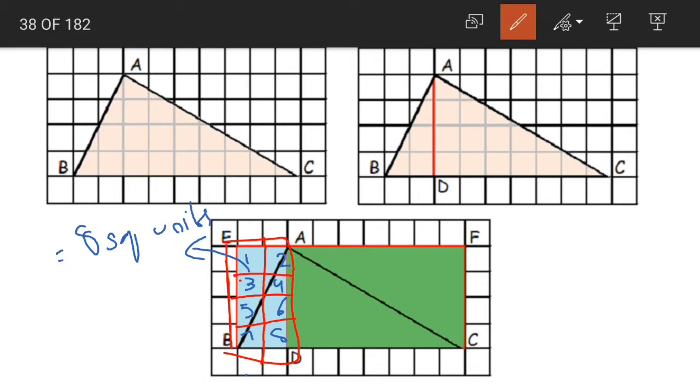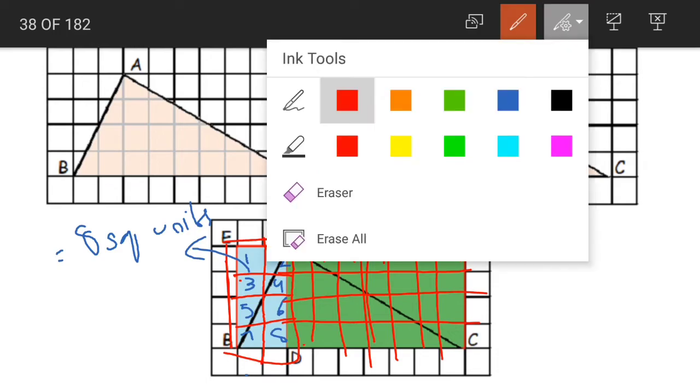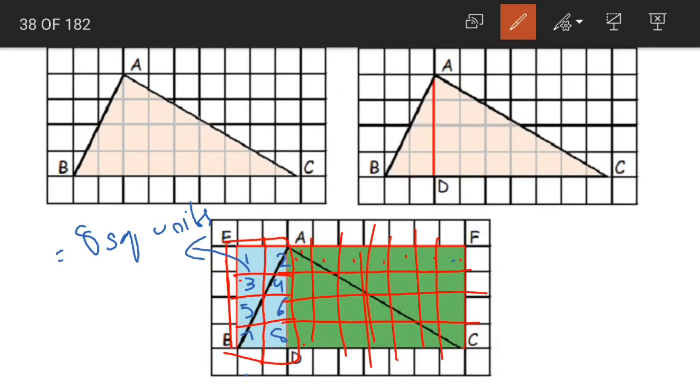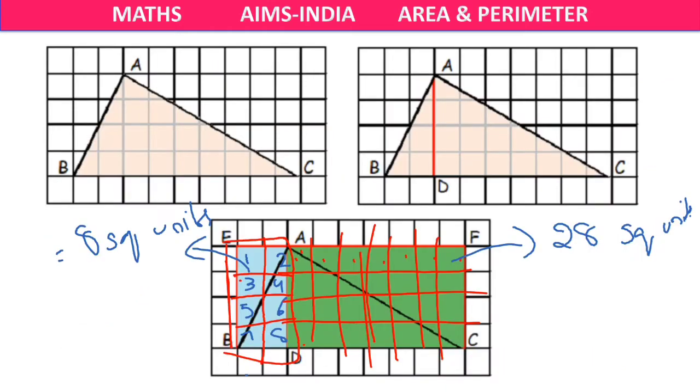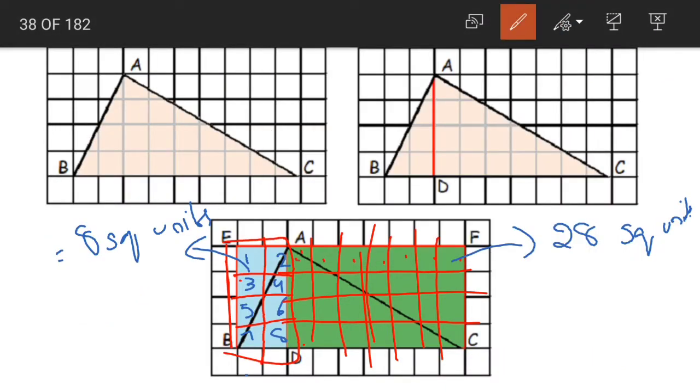The area of our first rectangle is 8 square units, and when it comes to rectangle 2, again let us complete this, draw lines here and count the number of squares. It is equal to 1, 2, 3, 4, 5, 6, 7. 7 fours are 28. Our area of second rectangle is 28 square units. Is it 28? Yes. 1, 2, 3, 4, 5, 6, 7, 8, 9, 10, 11, 12, 13, 14 and 28 square units. Now what is the area of the triangle here?